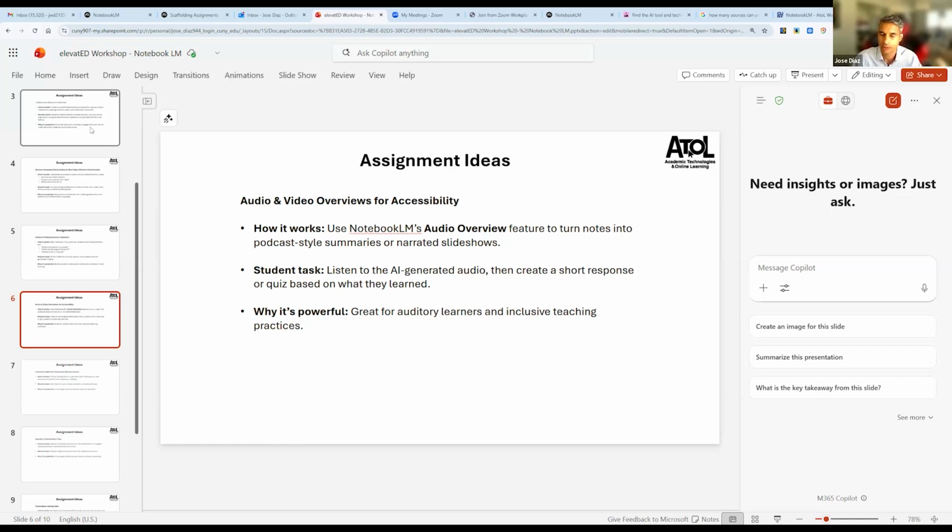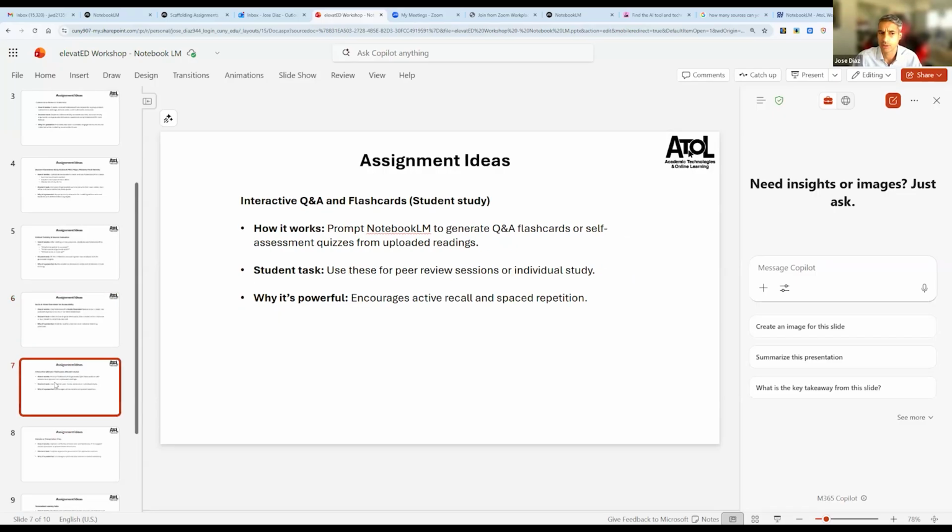Every time they create a note, it's ingested and saved into this knowledge base, and then students can use it again as a study guide, or go back and interact with the podcast and things of that nature. So these are some of the ideas we talked about last time, again for studying, using the flashcards.